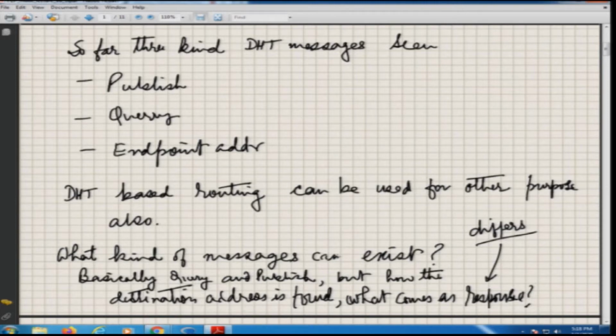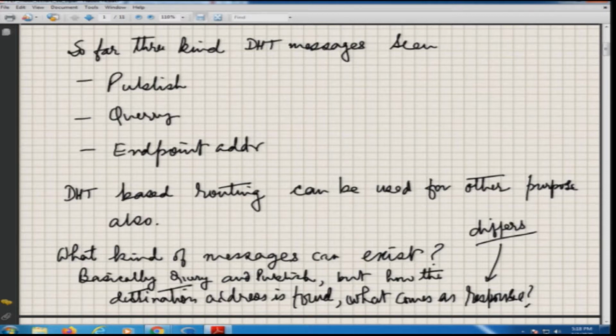Now, we have to identify what kind of messages can exist, and based on that we have to identify message types. These have to be programmed when we are going to build up a system. So, basically we will have query and publish. These are the basic 2 things.